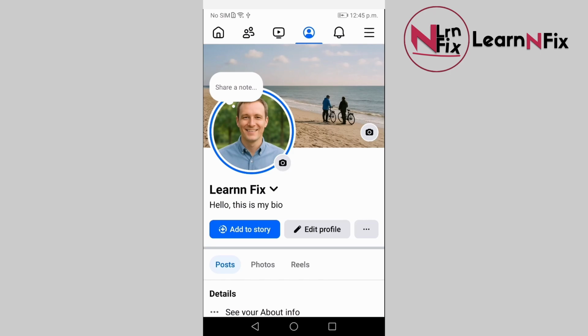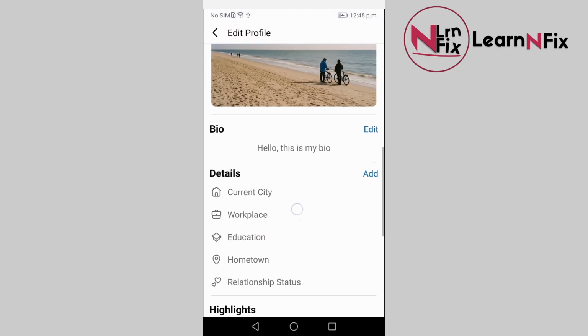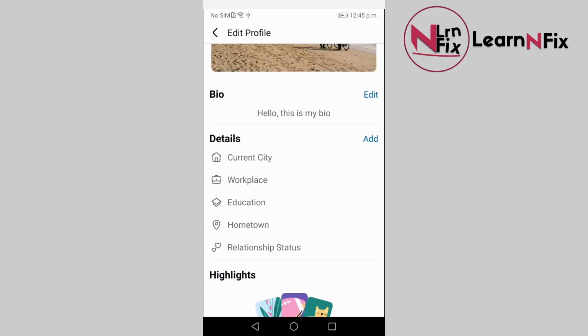In this video, I'm going to show you how to add a city location to your profile in Facebook. So first, go to your main profile page, and then click Edit Profile, and then scroll down, and you will see here Details. At Details, click on Current City,